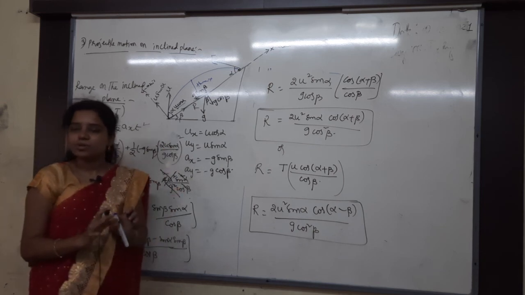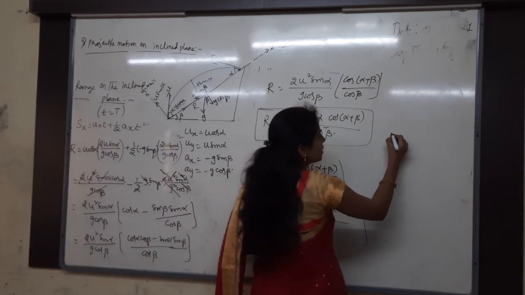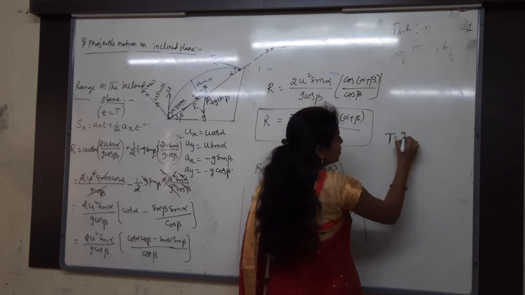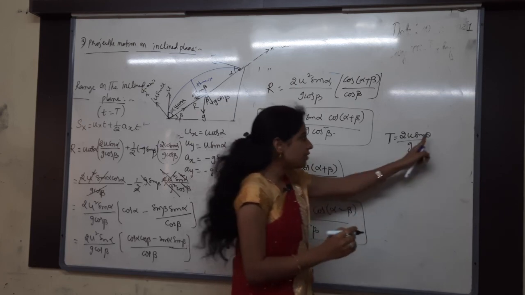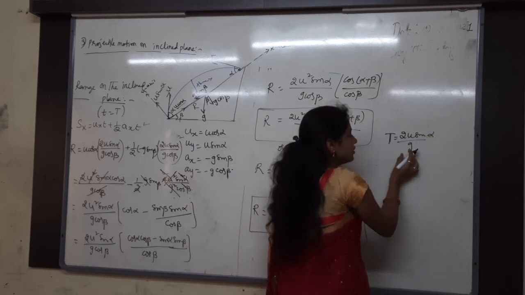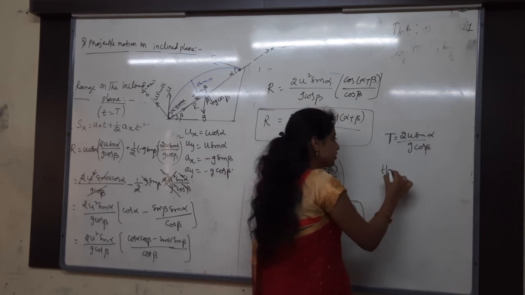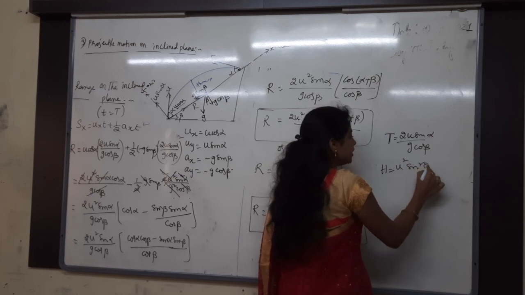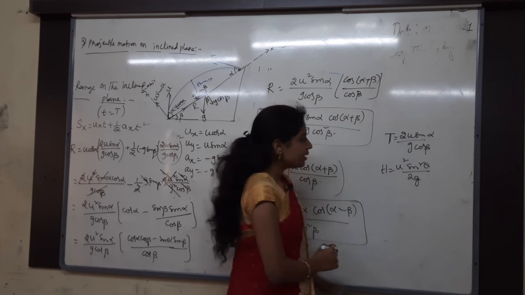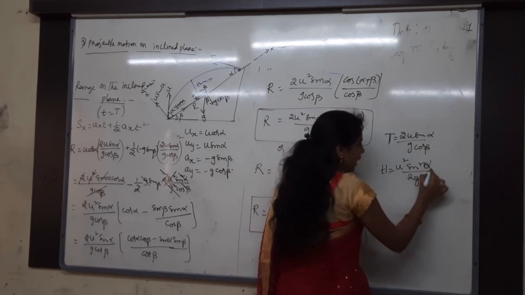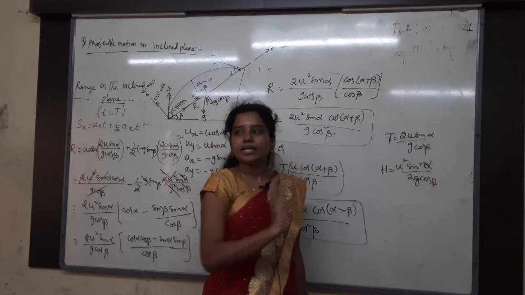For the NEET it is not much important, but you should get a small idea about the formulas. For projectile motion, what is the time of flight formula? 2u sin theta by g. So instead of theta what will we get here? Alpha. Instead of g what will we get here? g cos beta. That's it, finished. Then the maximum height formula is what? U square sin square theta by 2g for normal ground to ground projection. For the inclined plane we get u square sin square alpha by 2g cos beta. Immediately you have to put cos beta extra, that's it.